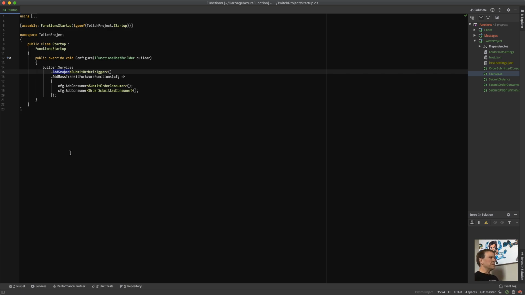I don't have to have it. I'm adding scoped my submit order trigger, because that's the trigger that I have that's going to be my class that is created. And I'm creating that scoped because I want it to be created within that Azure Function runtime scope. So it creates a scope for that request or that message. And so I'm wanting it to take advantage of that. I also have a new method here called